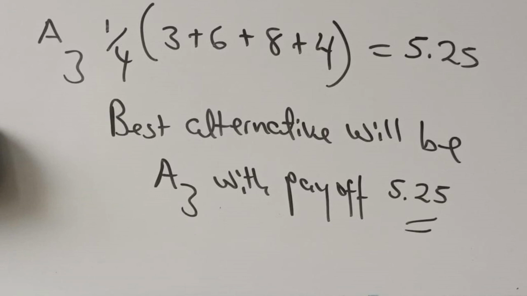4.25. Then our final one, 1 over 4 into brackets. We have 3 plus 6 plus 8 plus 4. We know which is the best there. It will be 3 plus 6 plus 8 plus 4. You get 21 times 1 over 4. You get